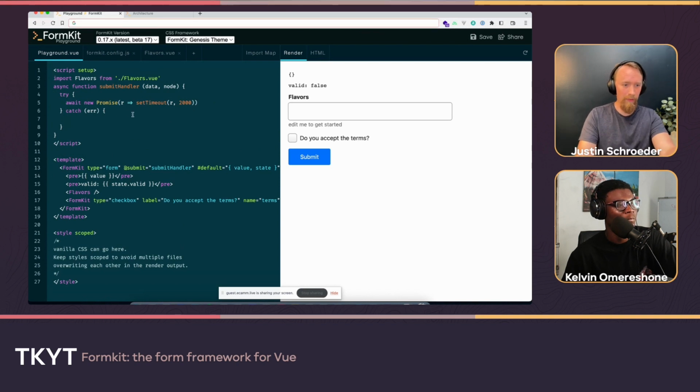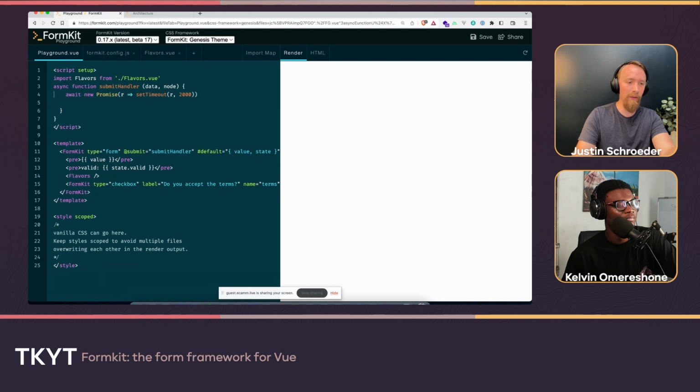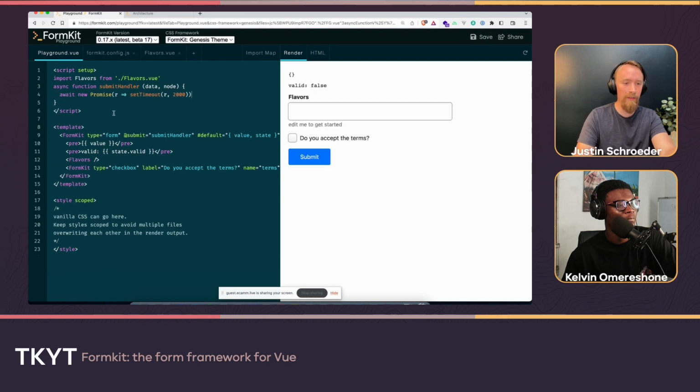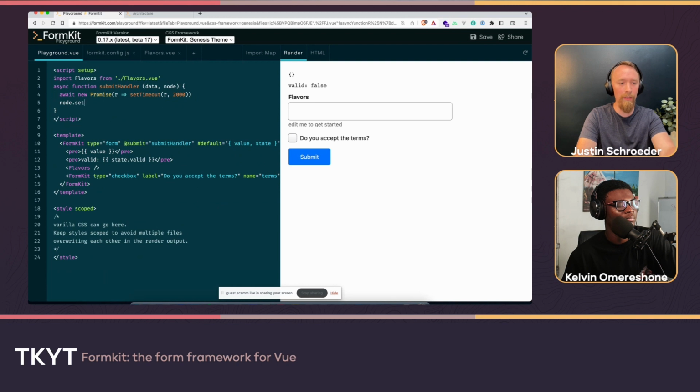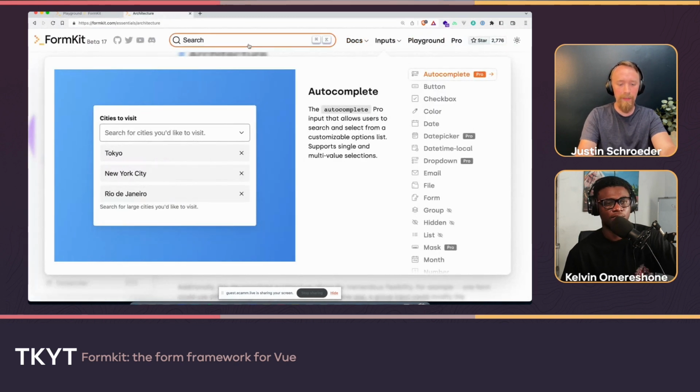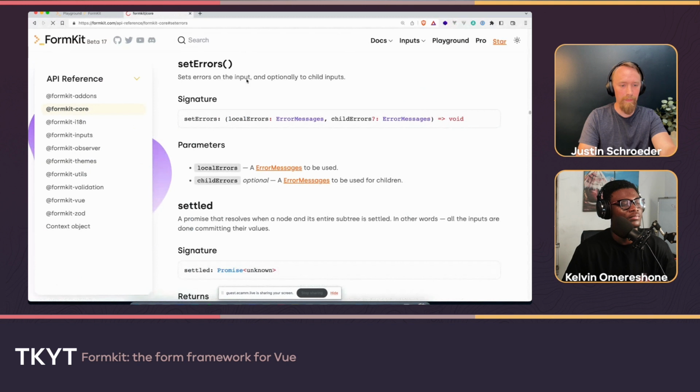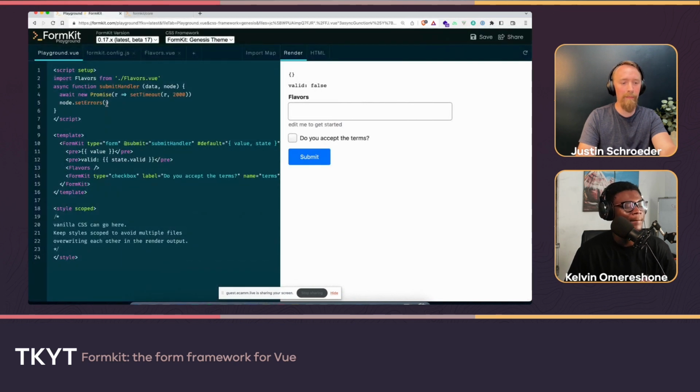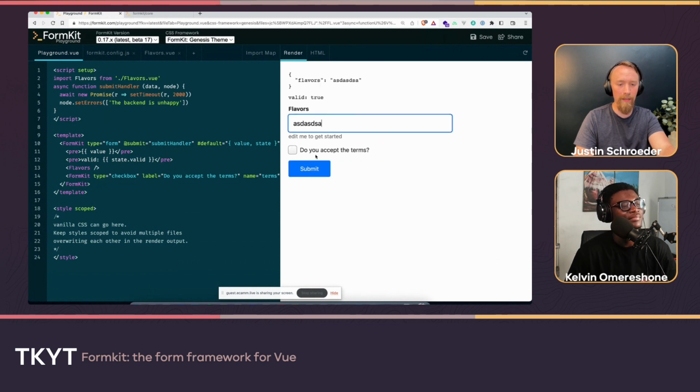So I'm going to get rid of this though because I don't actually have any errors to throw. And I'm going to show you how you would set an error. What I could do here is just say node set errors, and I'm basically given, let me pull this up. So here you can see you get local errors and child errors. A local error would be an error that applies to my form itself. So, you know, the back end is unhappy. So we're going to submit this,